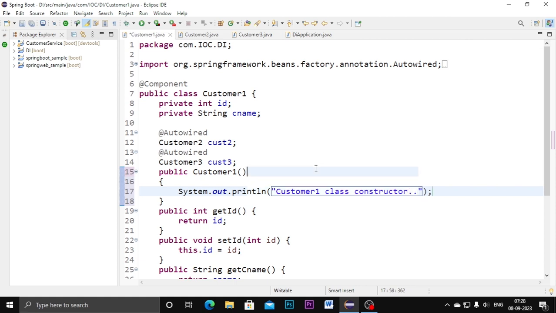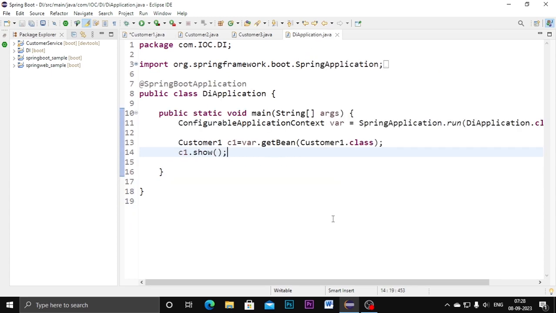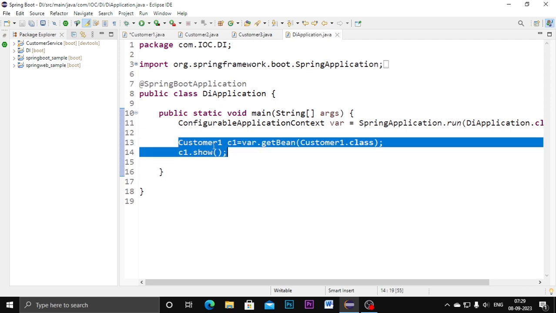Normally, the constructor is invoked whenever we create the object for the class, right? But here in the Spring framework, I'm just making this object creating line